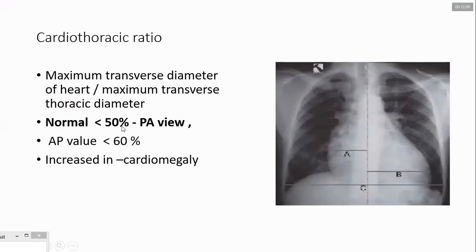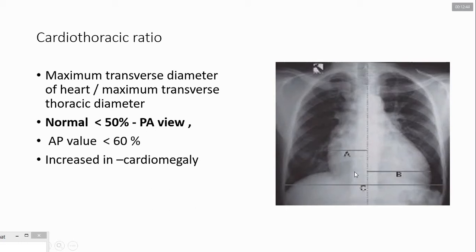Now, cardiothoracic ratio. The cardiothoracic ratio is based on the maximum transverse diameter of the heart. For calculating the maximum diameter of the heart, we have to draw an imaginary line from the midline, that is from the spinous process of the vertebra. Then take the maximum diameter on the right side, A. Similarly, take the maximum dimension of the heart on the left side, B. Then you get the summation of A and B. And we also have to calculate the maximum transverse thoracic diameter, C, and get the ratio of the summation of the cardiac diameter, A plus B, by C.